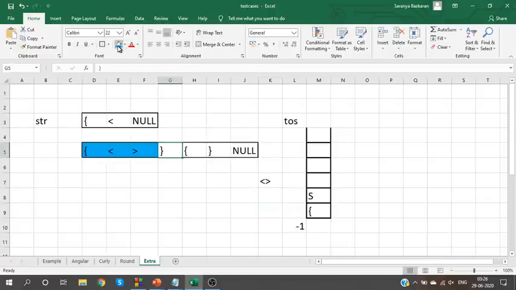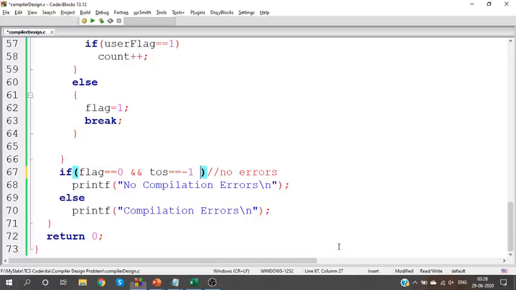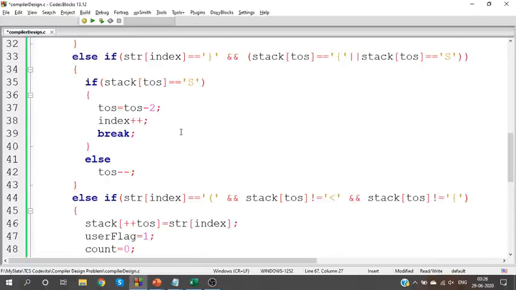Then we see a close bracket. This is not a looping bracket, guys. This is a final bracket required for the program, which means when I see the final bracket, I will remove two elements. The S will be removed and the open bracket will also be removed. Yes, both the elements will be removed from the stack and we will stop the process. Remember, when we remove two elements, we will move to the next index and stop the process.